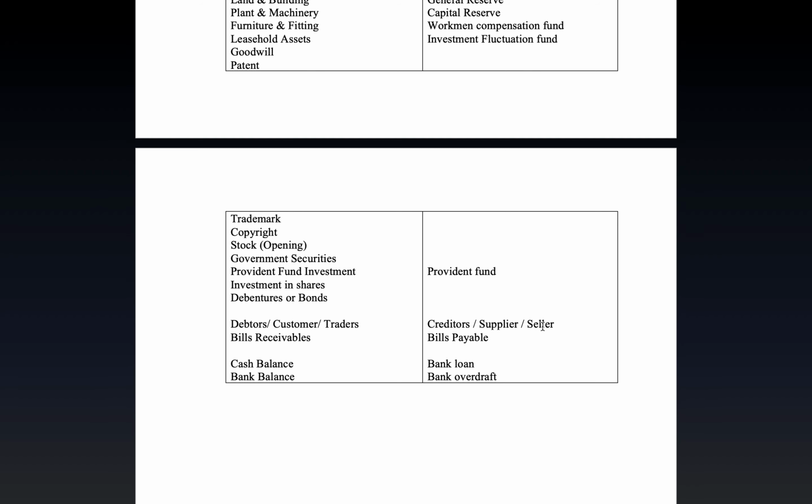It is not compulsory that it comes only under one name, that is debtors or creditors. It can come as a customer or supplier. You have to understand whatever is given in the question. You must understand what it is. So I wrote each and every name which would be easy for you to understand. Bills receivable, bills payable, then cash balance and the bank balance. The balance is an asset, so it will remain on the debit side, whereas the loan and overdraft become a liability. So in the trial balance it moves on the liability side.